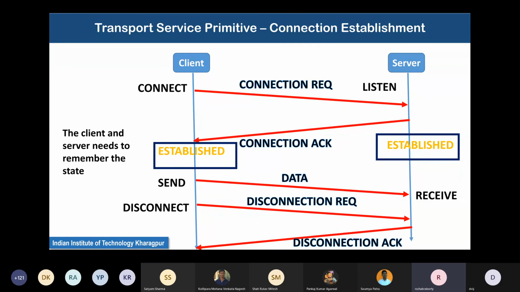Also, of course, there is no concept of what is the next expected segment content. The data of the segment, nobody knows what will come next. But the number of the segment, it tries to remember. If segments are numbered serially, starting from say 1, 2, 3, 4 like that, then till now I have received segment number 11. The next segment I am expecting is segment number 12. This type of information it remembers. Fine.